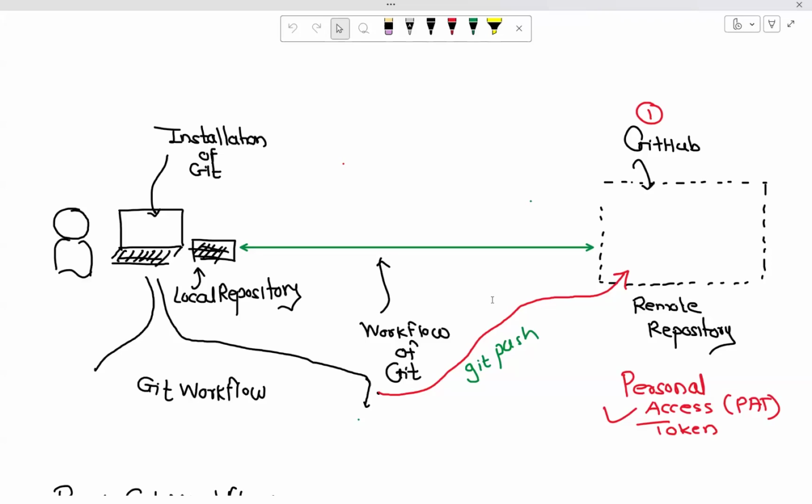Now, the important thing, team, is that today as well we are going to go with that, so it's important that you recall it. In order to get going, we require a place where we will be installing the Git client, which is where the local repository will reside. On the other hand, we require a remote place where the remote repository will be kept, and in this case we have used GitHub. We have seen an entire Git workflow yesterday. Before that, we downloaded the personal access token as well.